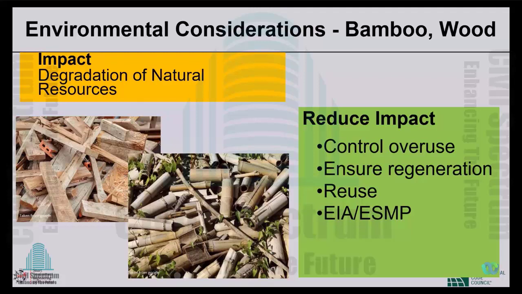But for bamboo and wood, we also have to be very careful about using them for fire and cooking purposes. That needs to be avoided. Not only is there the risk from the fire, but it also contributes to air pollution and emits carbon dioxide. To understand the source as well as its use, you have to do proper environmental studies like EIA, ACMP.